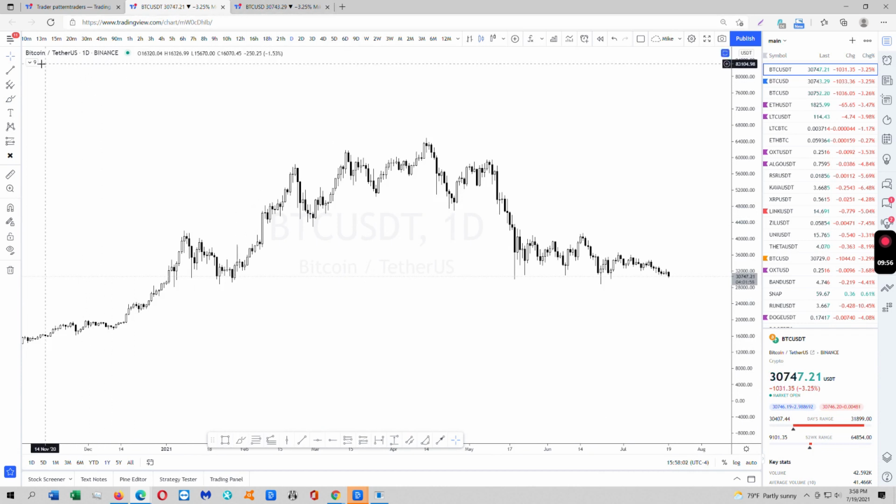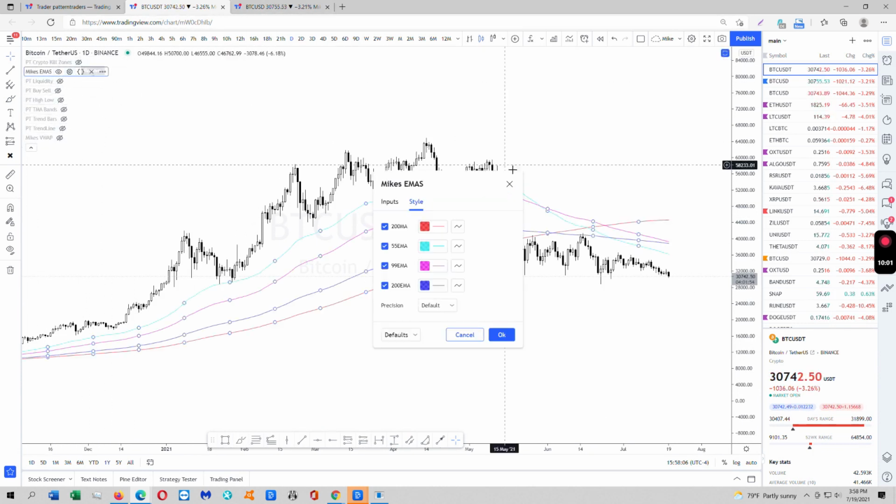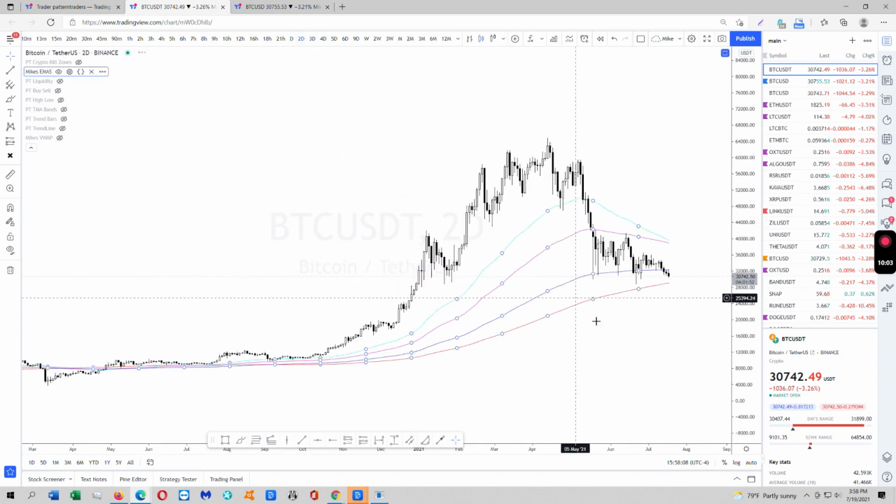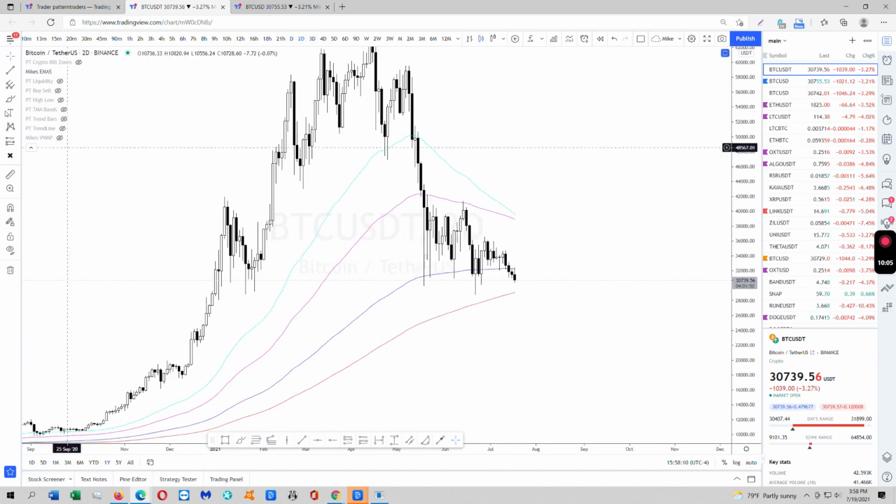All right, so those who are in Discord know, unfortunately for me, I'm looking at the 2-day. This is what I'm looking at right now. 2-day, you have your